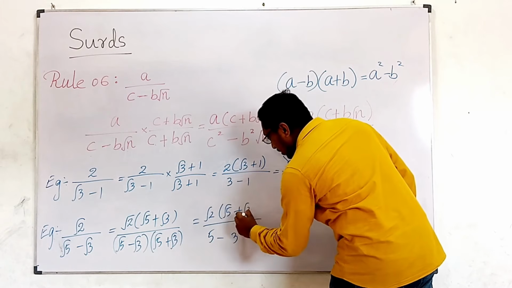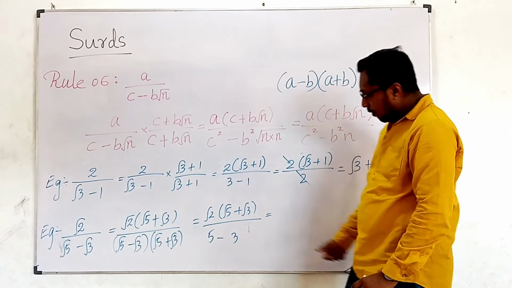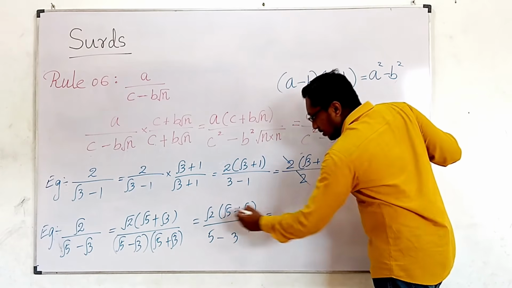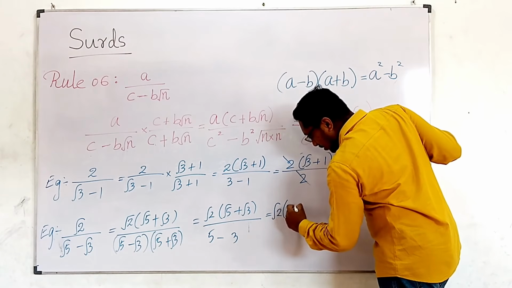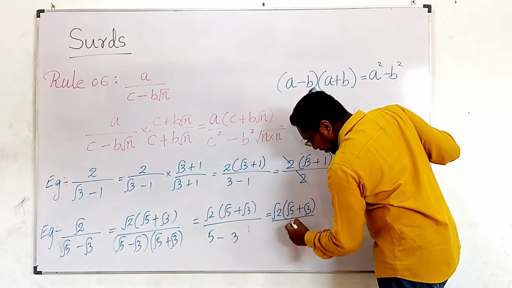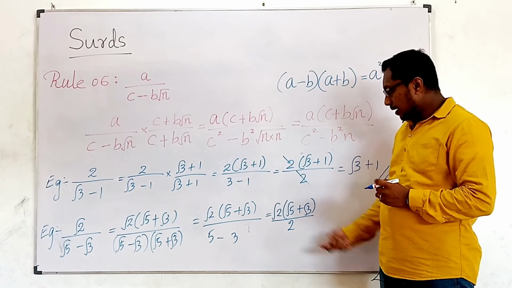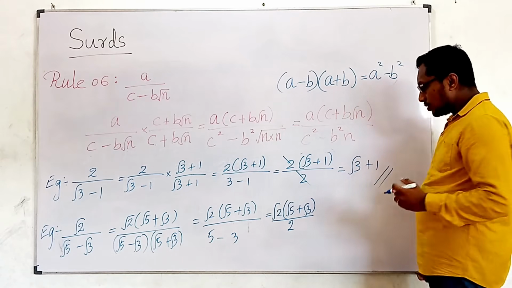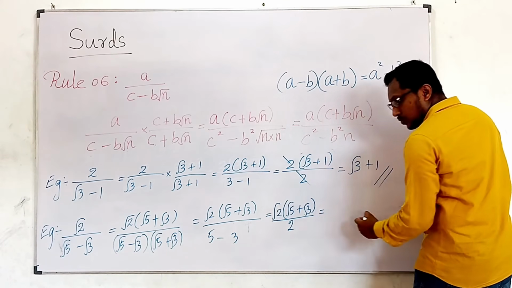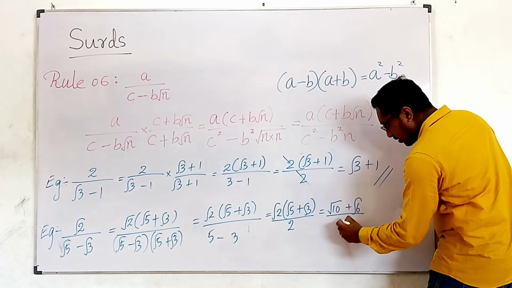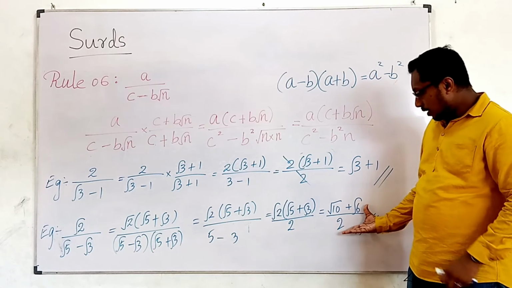So if you want, you can expand the bracket. Otherwise, you can leave it as it is, it doesn't matter. If you expand the bracket, we don't get a much simplified answer, but you can write it as just 2 thirds, right? Let's see. Square root 2 into square root 5 is square root 10. Square root 2 into square root 3 is square root 6. So it doesn't matter if you come to this step or stop there.